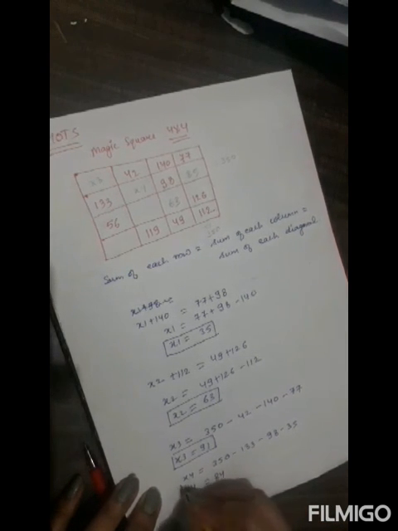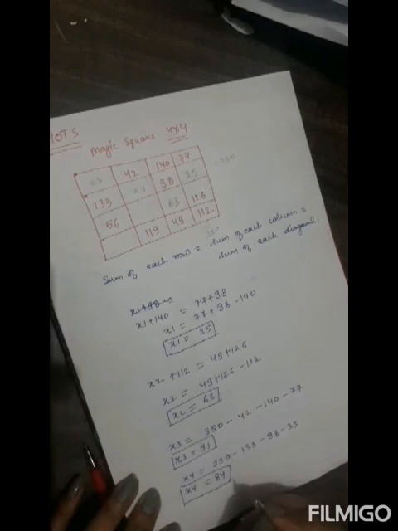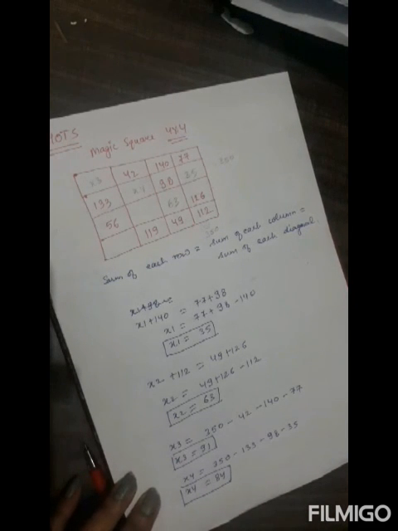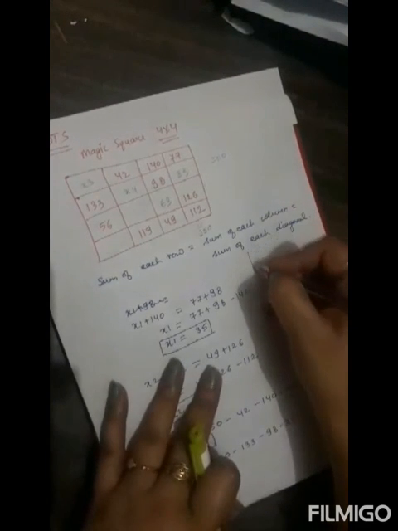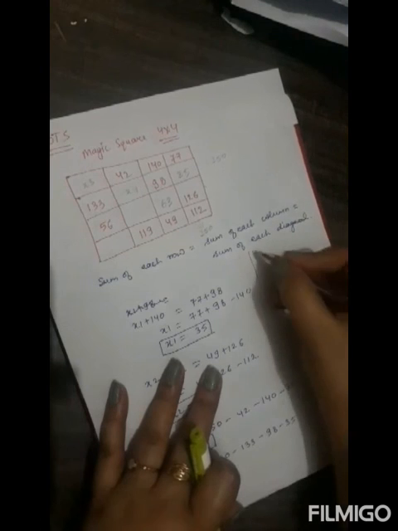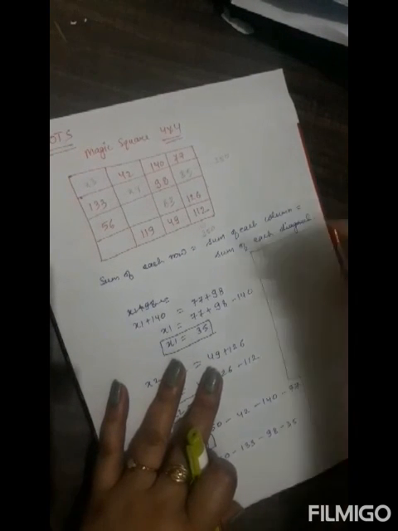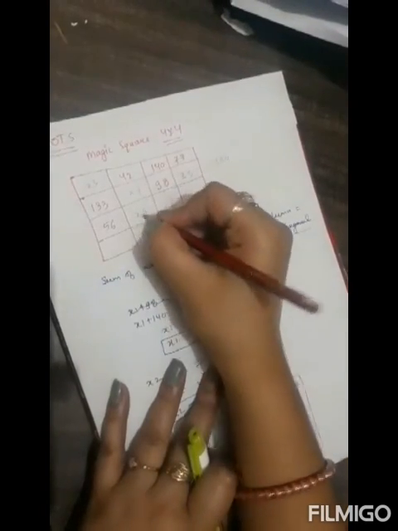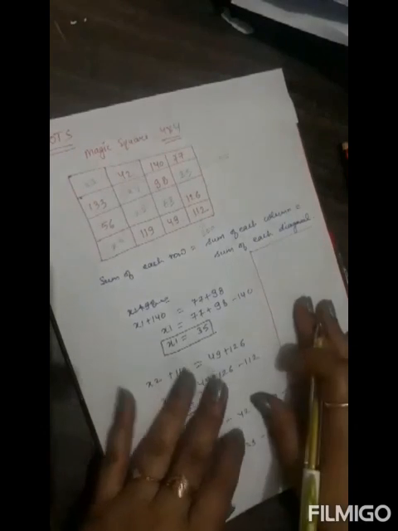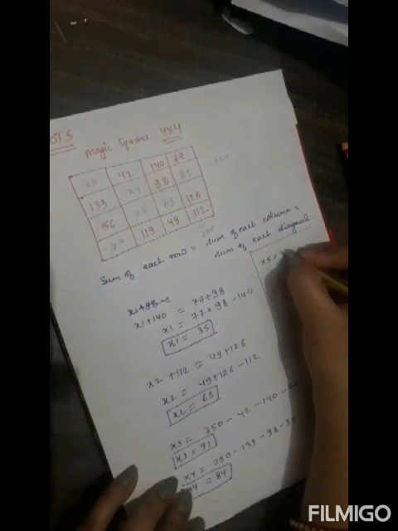You be very careful in solving it, taking the values and writing it directly into the square. Then the next we can see, let's say two values are left. This is x5, let's say, and this is x6. So again, if this is x5, so x5 I can find